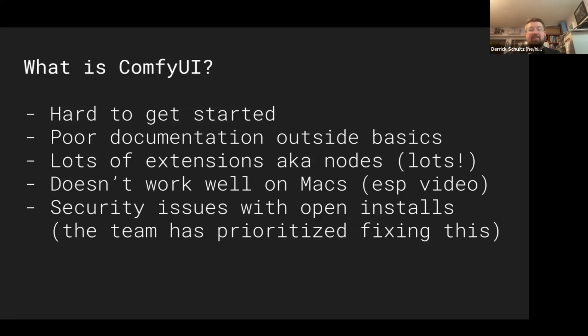The extension ecosystem is great, but also a nightmare. As I mentioned, there are nodes that have nearly the exact same names and nearly the exact same functionality with slight differences. And if you download those and try to import them, you're going to run into issues. It's a mess. It doesn't really work well on Macs. You can say yes, you can use a Mac for this, but it's really not good enough right now. Even with the M4 chips that are supposed to be better for AI work, I would still say it's not great for this.